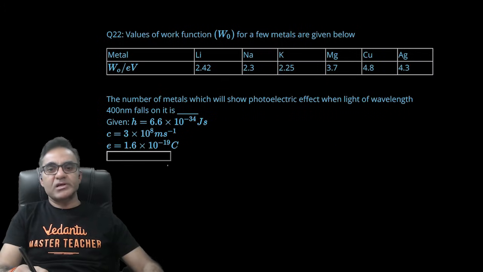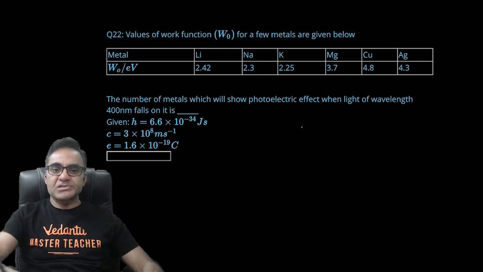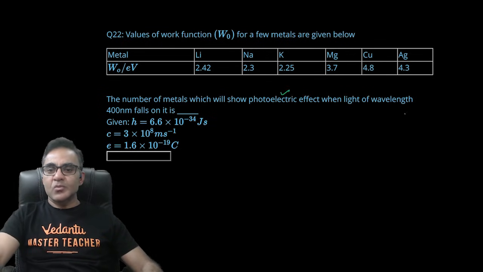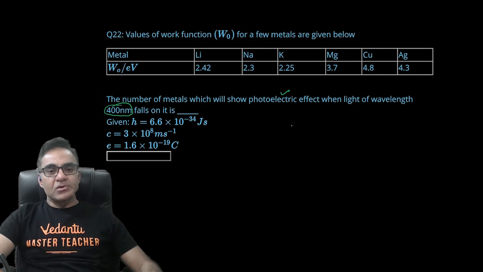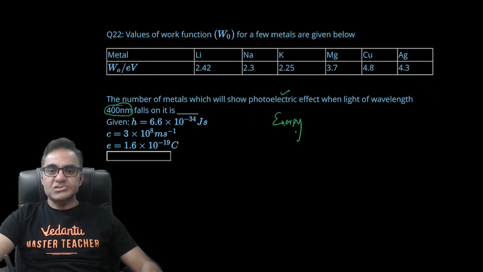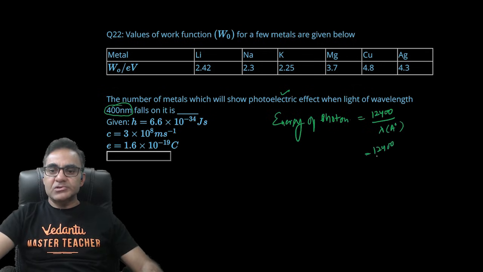Values of work function are given for few metals, आपको बताना है number of metals which can show photoelectric effect when light of wavelength 400 nanometer falls on it। ठीक है, तो आपको लाइट का एनर्जी पता है, तो एनर्जी ऑफ फोटोन इज हाउ मच, इसको इलेक्ट्रॉन वोल्ट में निकाल लेते हैं क्योंकि वर्क फंक्शन भी इलेक्ट्रॉन वोल्ट में दिया है। क्या मैं इसका ये वाला डायरेक्ट फॉर्मूला यूज कर लूं, 12400 अपॉन लैम्डा इन एंगस्ट्रॉम, राइट। तो 12400 एंगस्ट्रॉम में यदि आप लिखेंगे तो 4000 हो जाएगा, तो ये 3.1 इलेक्ट्रॉन वोल्ट आ गया,